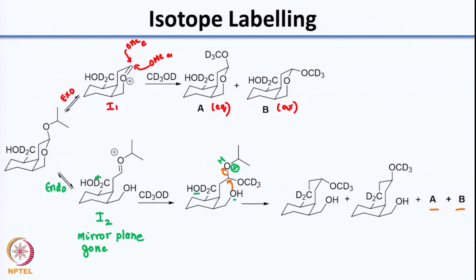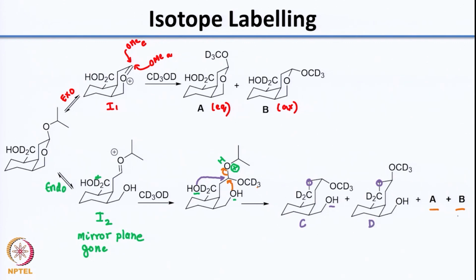Now, what happens if the CD2OH interacts? Let us use a different color, say purple. When this interacts here, you have a new ring being formed and the OH will remain as it is, because now it is not interacting. So, it will remain in the background as it is. The CD2OH has interacted to form an oxygen, which is missing here. So, there will be an oxygen here, there will be an oxygen here. So, it forms these two products, let us call them C and D as well,